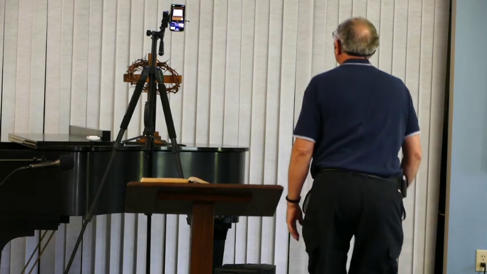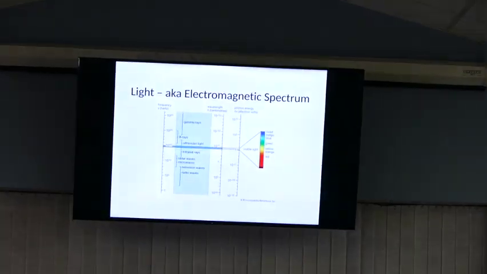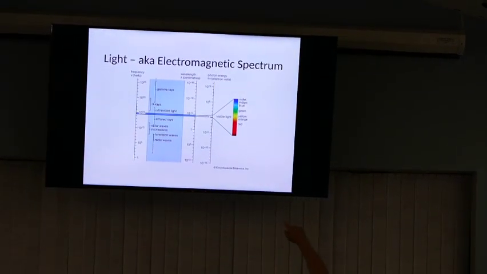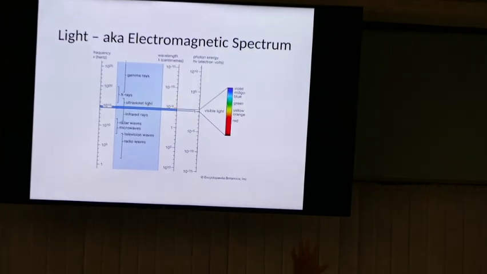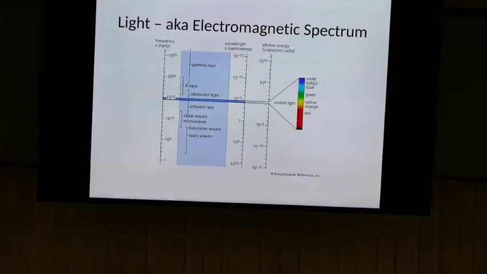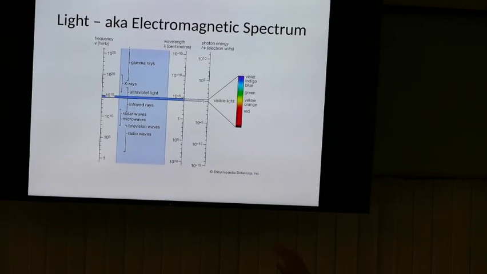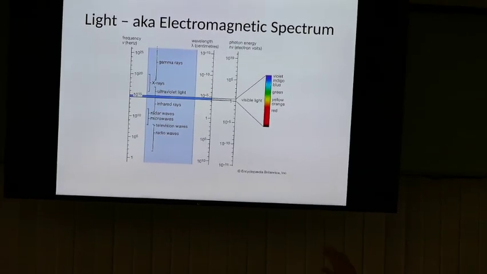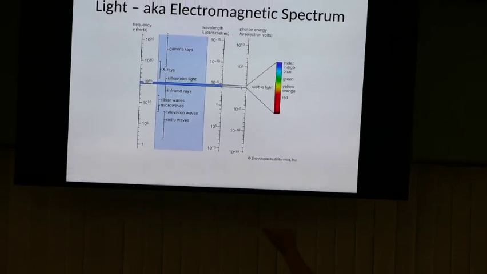I want to point out here, that whole range is light. We typically call it the electromagnetic spectrum, but all of that is light. There's that one little darker blue line across there, and they've expanded it so that we can see that's what we think of as light. But if you look down below there, the next thing below that is infrared rays. The infrared rays are just past the red on this scale here. Remember that whole violet down through red is that little narrow blue line.